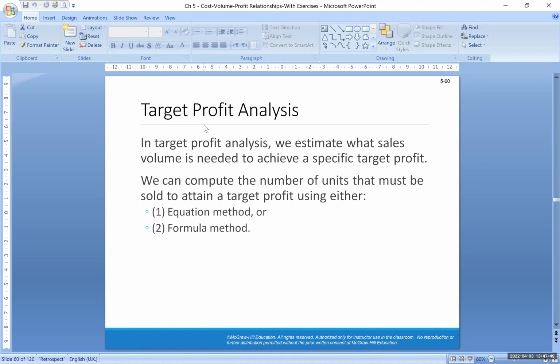This will be the equation method. The formula, if you remember, we use the contribution margin formula. For the break-even, we use the fixed cost divided by the contribution margin. For the break-even point in units, we say fixed costs divided by the contribution margin per unit. If we need it in a dollar sign, then we use the